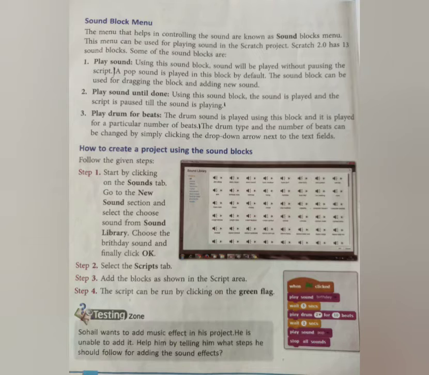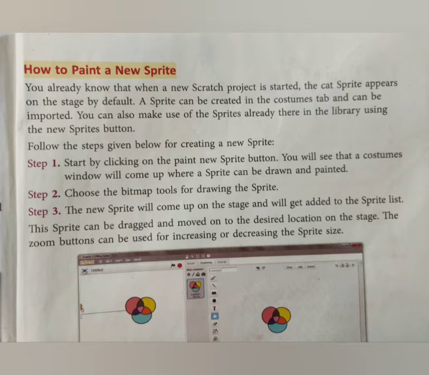So these are the four steps. By using these four steps we can create a project using the sound blocks. Our next topic is how to paint a new sprite. You already know that when a new Scratch project is started, the cat sprite appears on the stage by